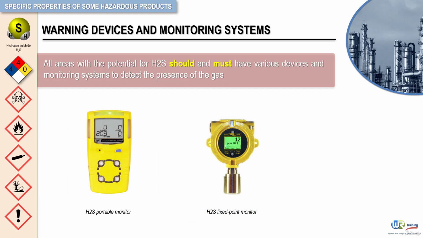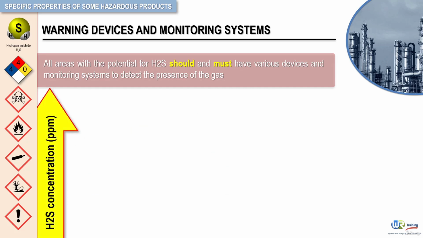In either case, these monitors will be calibrated to sound a warning when hydrogen sulfide levels reach the predetermined action levels in your facility's hydrogen sulfide contingency plan. Many facilities utilize a 2-level warning system. For example, one type of warning may be given to alert workers when hydrogen sulfide levels approach the permissible exposure